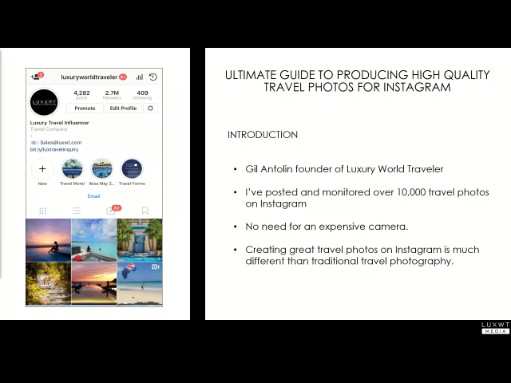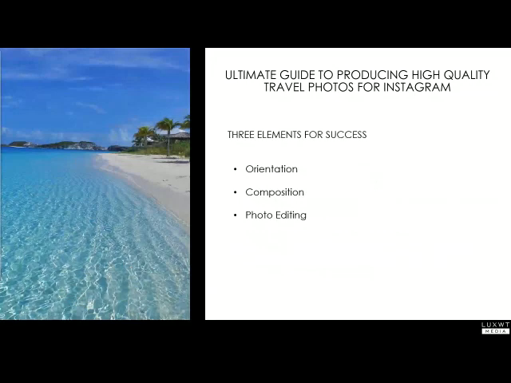So let's really get into it. Like I said, probably the number one skill set I've learned in the last 6 years is what works and what doesn't on Instagram. I can attest that you really don't need an expensive camera. You don't need to know Photoshop and Lightroom. You don't have to have taken courses or be a professional in order to create great content on Instagram. And really, there's three key elements I've determined that determine whether or not